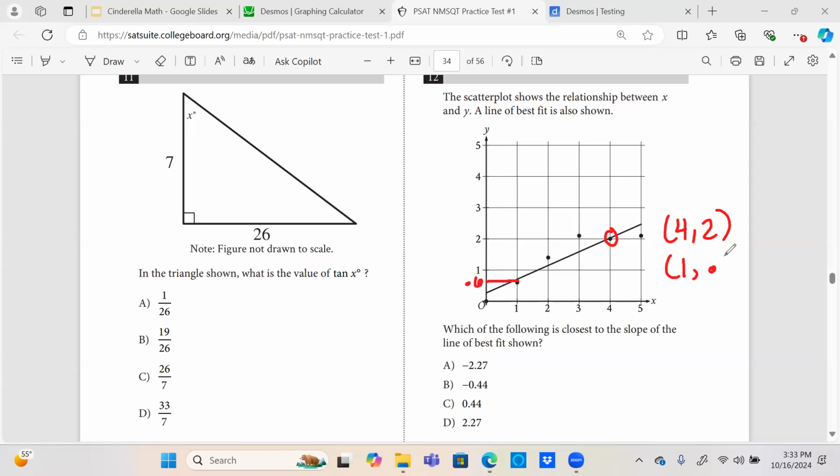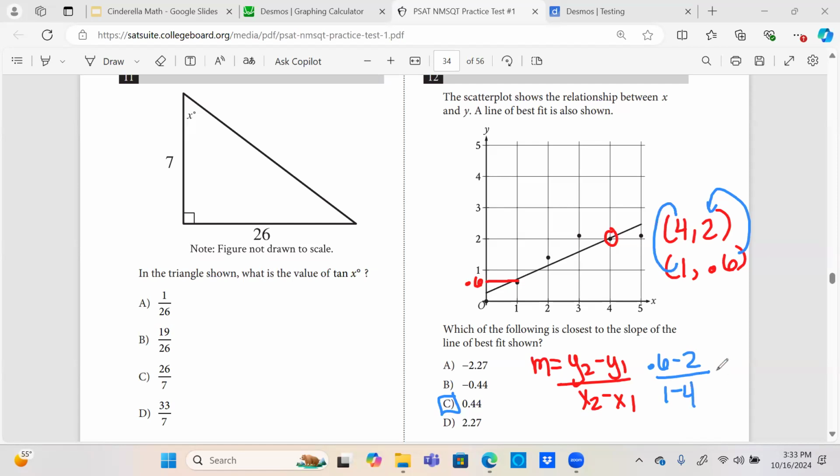I'll say 0.6. And you could do the slope formula, which is the second y minus the first y over the second x minus the first x. Let's do that and see if we also get C. That's what we got with just looking at it graphically. Second y minus first, so 0.6 minus 2 over second x minus first, 1 minus 4. Well, the bottom's negative 3, and then if you use a calculator or in your head, 0.6 minus 2 is